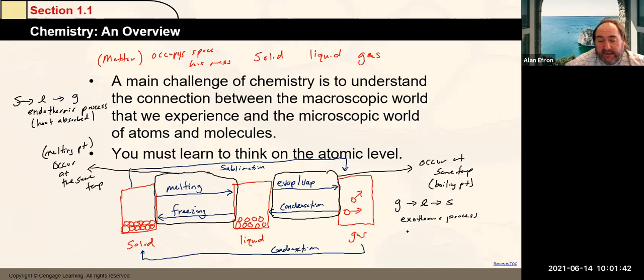And that means that heat and energy is released. So again, if we started in the gas phase, before they lose that energy, they're flying around really fast. As they lose that energy, they start flying around a lot slower. As they fly around slower, when they come in contact with other gas molecules, for example, they no longer have enough energy to basically escape each other. And they basically drop out of the air, if you will, and they drop back into the liquid